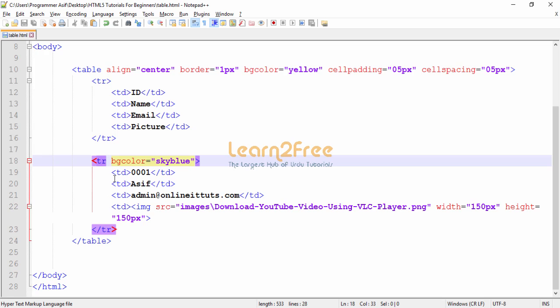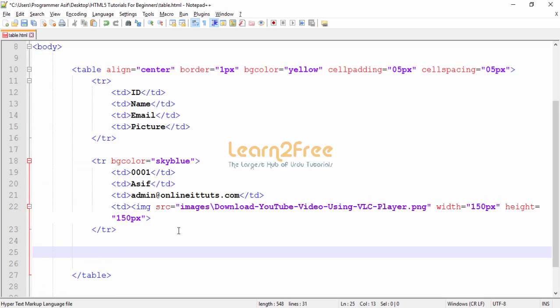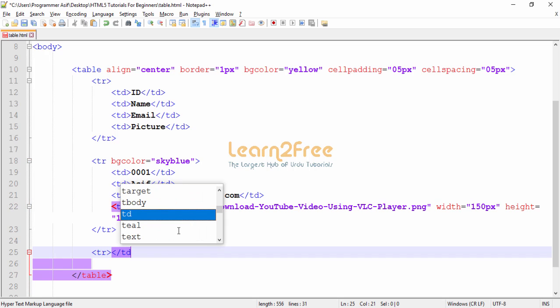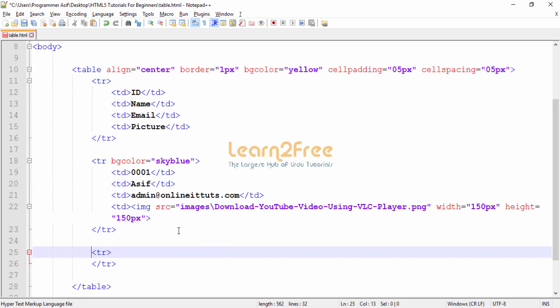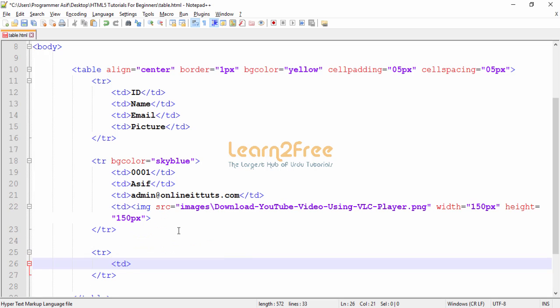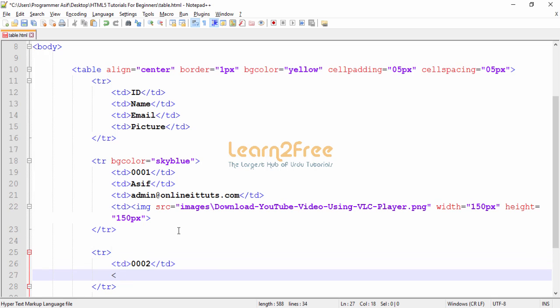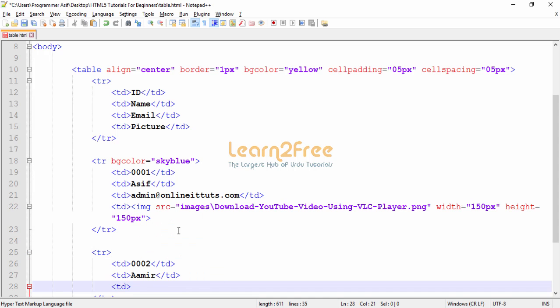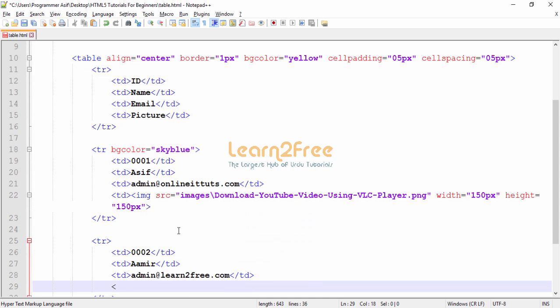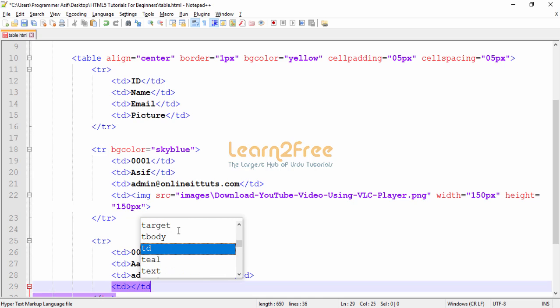Now we insert another table row and then table data, the double 0.2 and td2 and then td tag close and admin @onlineituts.com, and then I want to display this last tag as a